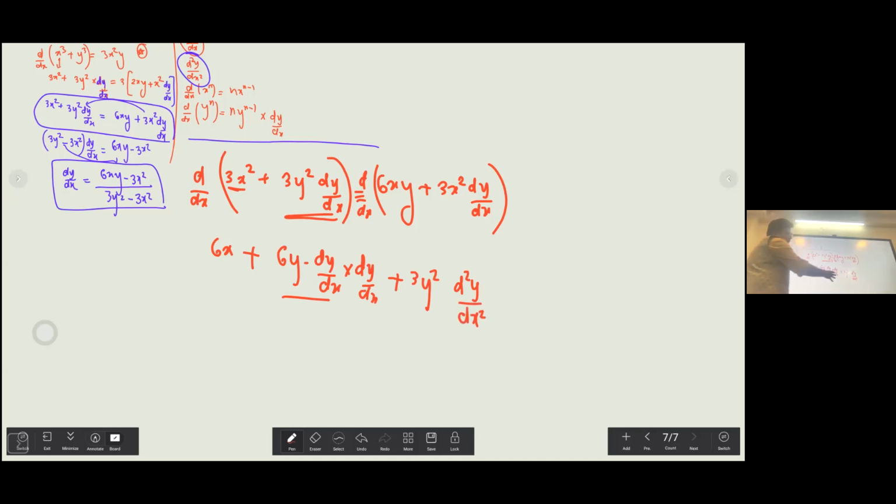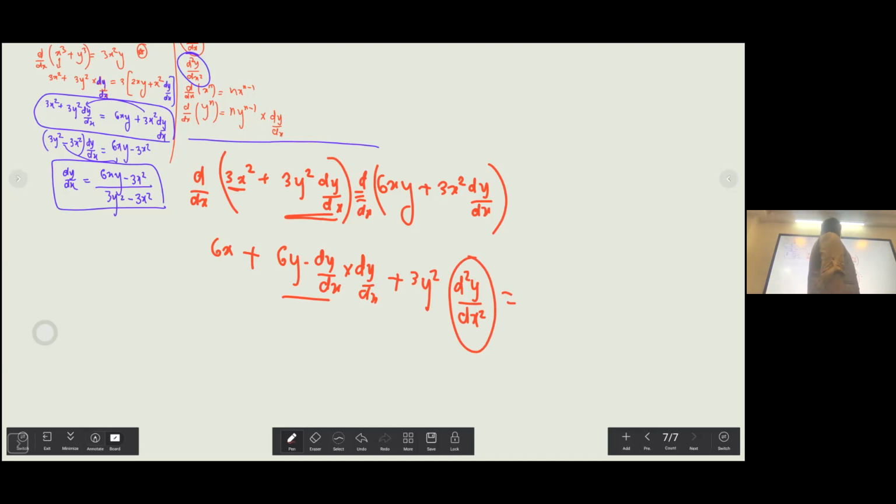So this is the main step that a lot of students don't know how to do, and this is where they mess up. When you are doing the derivative of dy by dx, it's not a big bang theory. It is as simple as d square y by dx square. So after this step, we need to operate even on the right hand side.